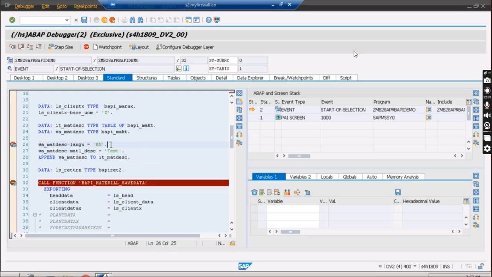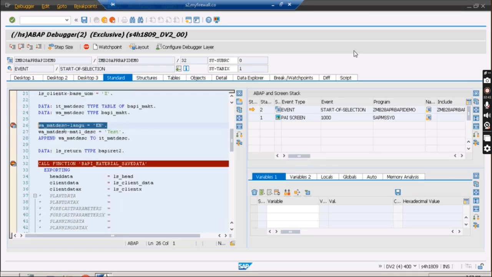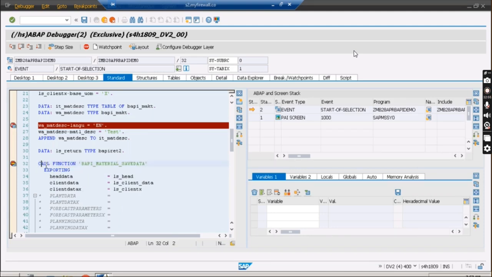What is the difference between F8 and Shift F8? Yes, so F8 means it will execute that particular flow in one go. Suppose you put the cursor over here, it will not stop.